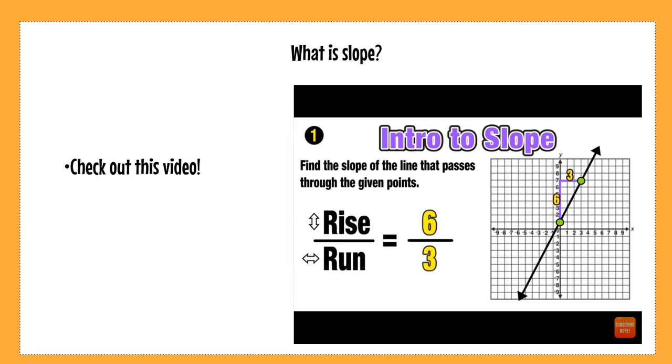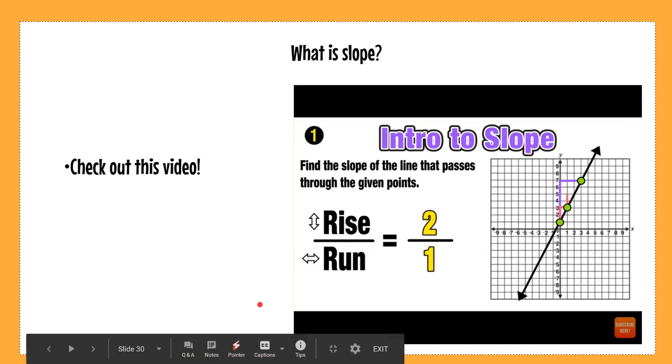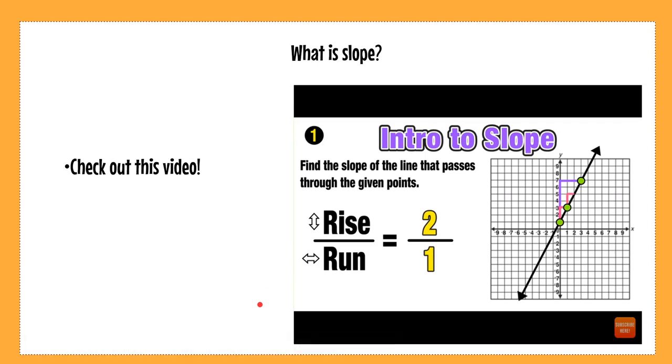Now I'm almost done, but 6 over 3 can be reduced because 6 divided by 3 equals 2. And we want to think of slope as a fraction in terms of rise over run, so we're going to express it as 2 over 1. So if we go back to the starting point, if we rise 2 units up and run to the right 1, we end up on the line again. And if we continue this, rise over run of up 2 and going over to the right 1 and building that staircase, we continue to land on points that are on the line. So the slope of this line in reduced form is 2 over 1, which we are just going to express as 2, since 2 over 1 means 2 divided by 1, which just equals 2.